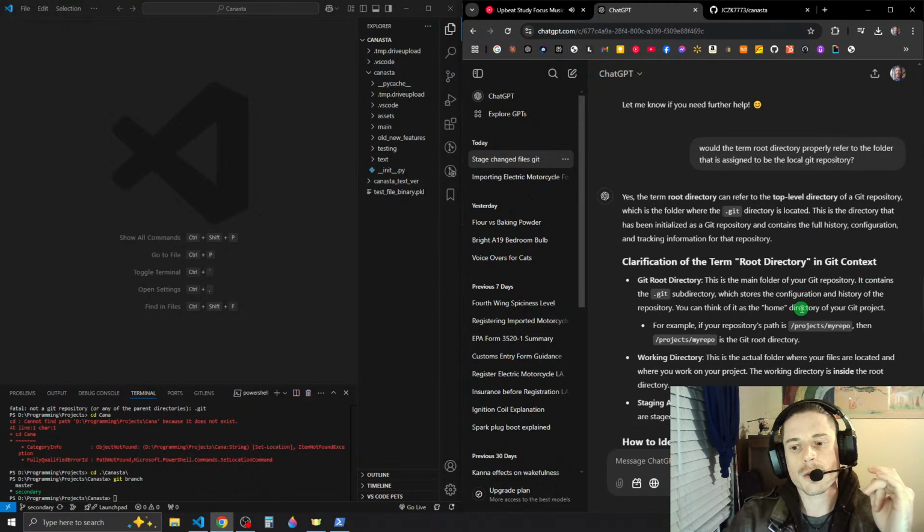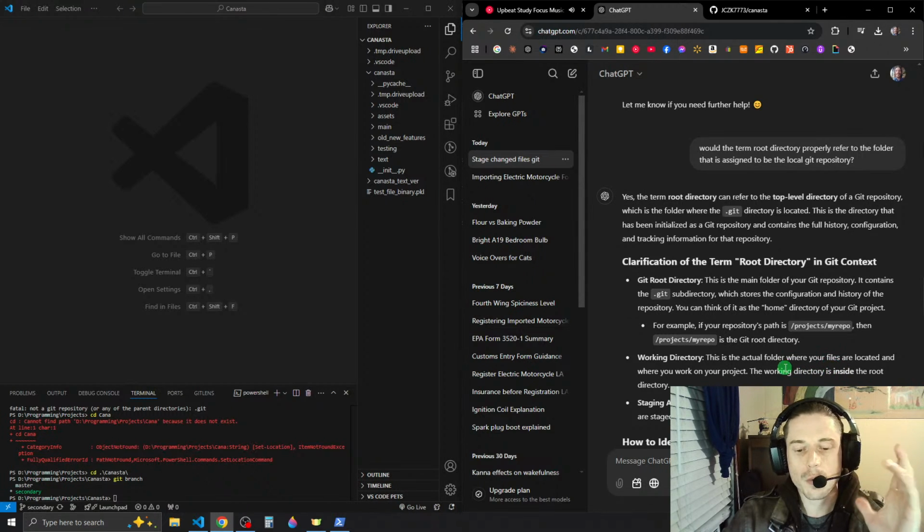The git root directory is the main folder of your git repository. It contains the .git subdirectory which stores the configuration. It is the home directory of your git project. If your repository's path is projects/myrepo, then projects/myrepo is the git root directory. The working directory is the actual folder where your files are located and where you work on your project. The working directory is inside the root directory.